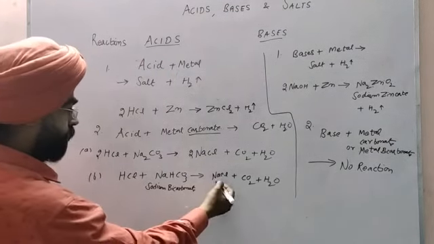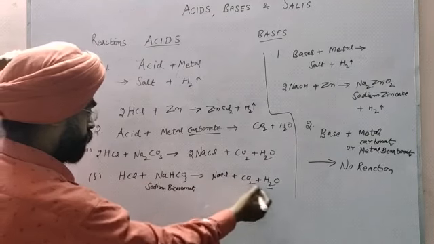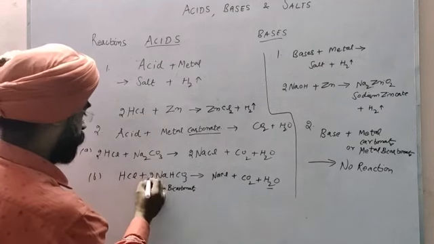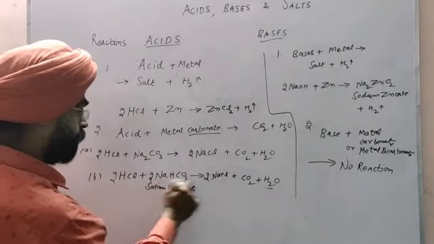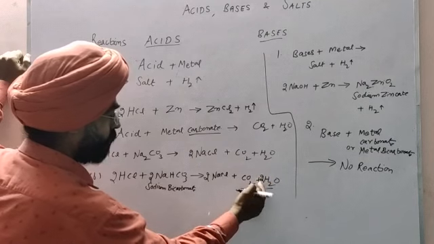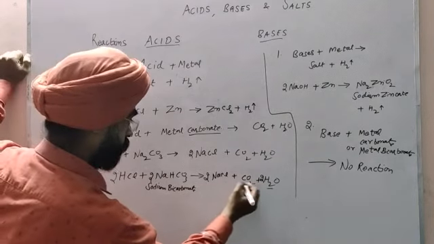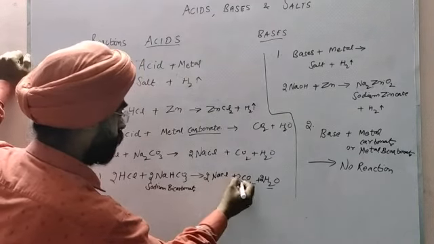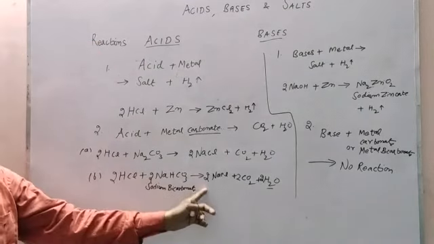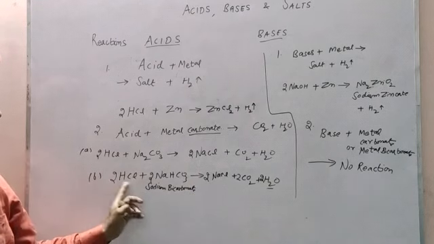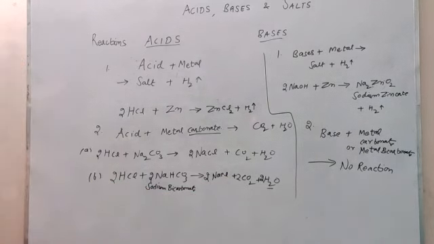We can balance it. NaCl, I think, is already balanced. CO3 is balanced. Hydrogen H2 is not balanced, so I have to put a 2 here in front of HCl. Now 2 Na, 2 chlorine, hydrogen will be 4 and 2, oxygen will be 2 and 2 by 3, that is 6, so here we have to put 2, giving 2 by 3 and 6. Oxygen is balanced, carbon is balanced, sodium 2, chlorine 2, and hydrogen 2 and 2, that is 4. So this is a balanced equation.